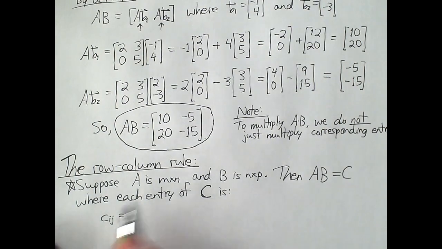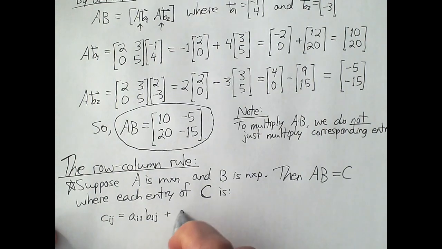All right, so this is a lowercase c. It equals A_i1 B_1j plus A_i2 B_2j plus, do you see a pattern here? A_i1 B_1j, A_i2 B_2j. So the ones go together, the twos go together, plus dot dot dot,